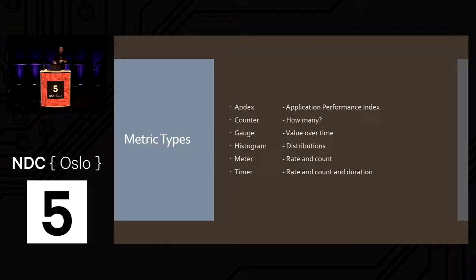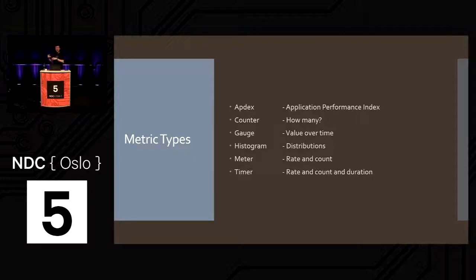So we've got, these are your metric types. These are the types of data that you're going to pull out. And the first one is called Apdex, and this is Application Performance Index. This is an industry standard, and it says, is this service performing within expectations? You can set what those expectations are, but it's like a user satisfaction index. If you put this on your website, it will say everything's okay if you're serving your main web page out in under 100 milliseconds. If it's taking over half a second, it'll say, no, that's useless. The dashboards that you use understand Apdex,